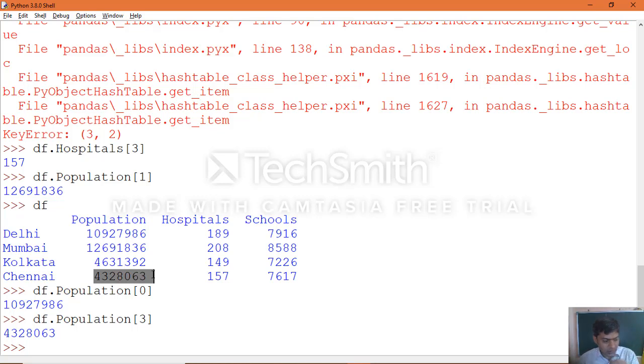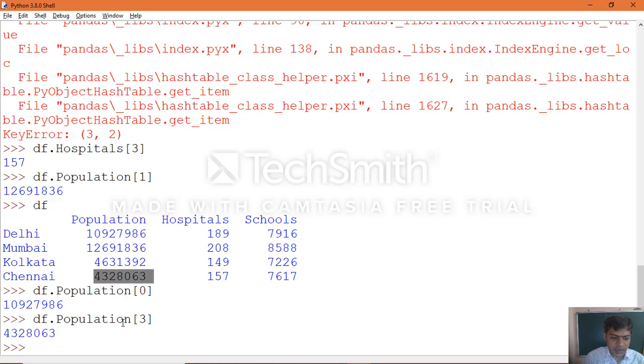So like that, individual values you can access from a data frame with the help of the object name dot column label, followed by the row label or row index number, and you will be able to extract the single value.